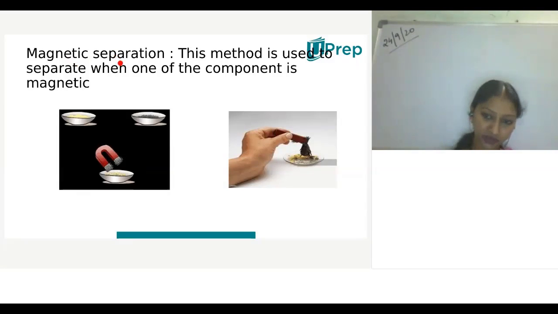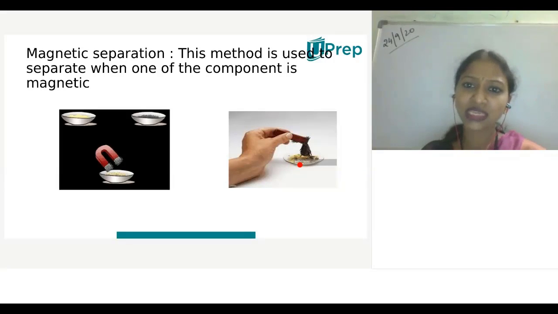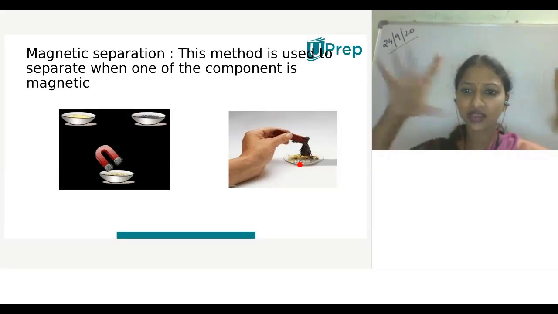So this magnetic separation technique is used when two different components are mixed up, or whether 3, 4 or 5 components are mixed up, but one of the components needs to be magnetic in nature. It should be attracted towards the magnet. Here sulfur is useful, iron is also useful. Without disturbing the properties, we are separating the iron by using a magnet. So what will be the leftover? Sulfur. So we can easily separate iron and sulfur without wasting the components.